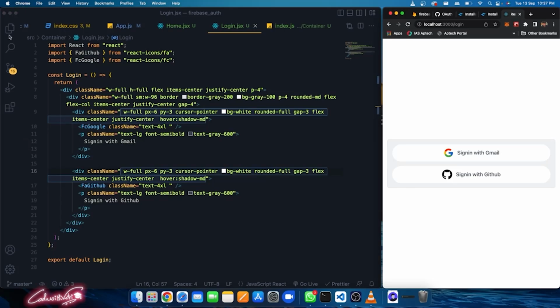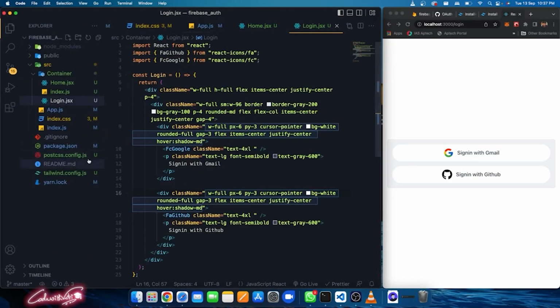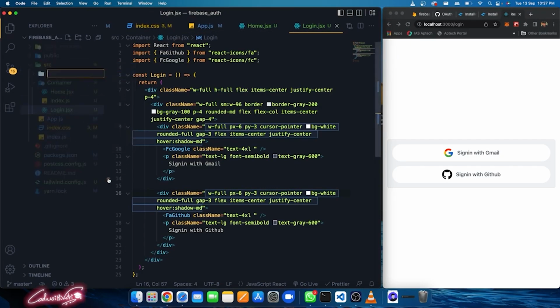Okay, so click here and let's create a new folder. Right click, new folder, and let's say config. Inside this configuration folder, I'm just going to create a new file. Right click, new file, firebase.config,